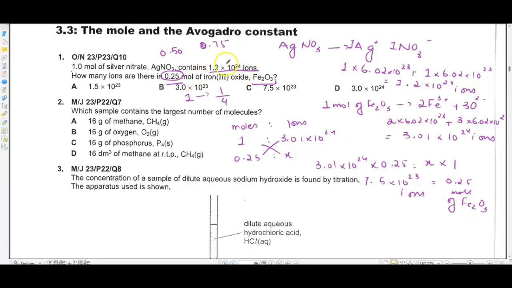So to find the number of ions in 1 mole, this is the process. Just find the number of ions in that specific compound and multiply it with Avogadro's constant. This is going to give you the number of ions in 1 mole. And once you have your number of ions in 1 mole, you can find the number of ions in however many moles you require. Okay, I hope you understood this question, because this is a very important question, and this can come in your paper at any time.